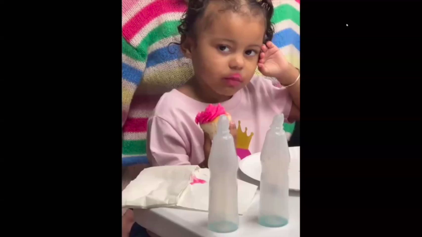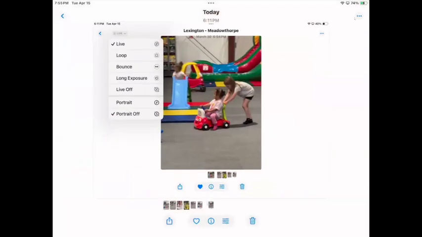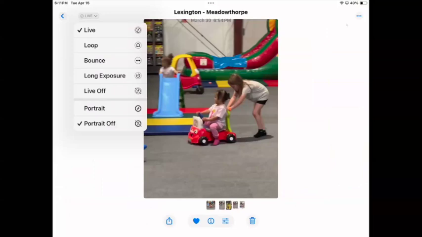And I'm actually going to show you the screenshot, because you can't see it over Zoom. But when you have a photograph and you want to do some other things to it, there is an icon up here that says live. And if you tap the caret here, this menu comes up. And this is where you can keep it live,